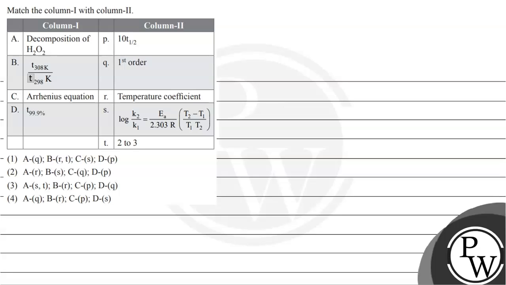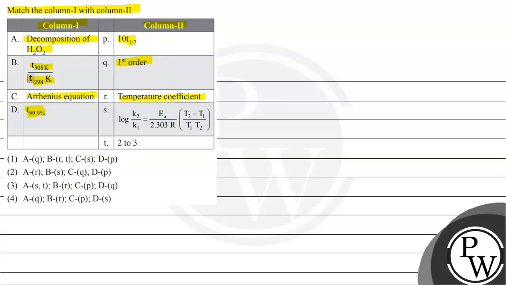Hello बच्चों, let's read this question. Match the column 1 with column 2. So हमें matrix given है, column 1 and column 2 की। And column 1 says decomposition of H2O2, T308 Kelvin divided by T298 Kelvin, Arrhenius equation, and 99.9%. In column 2 में जो हमें given है PQRST से हमें match करना है, which shows 10T half first